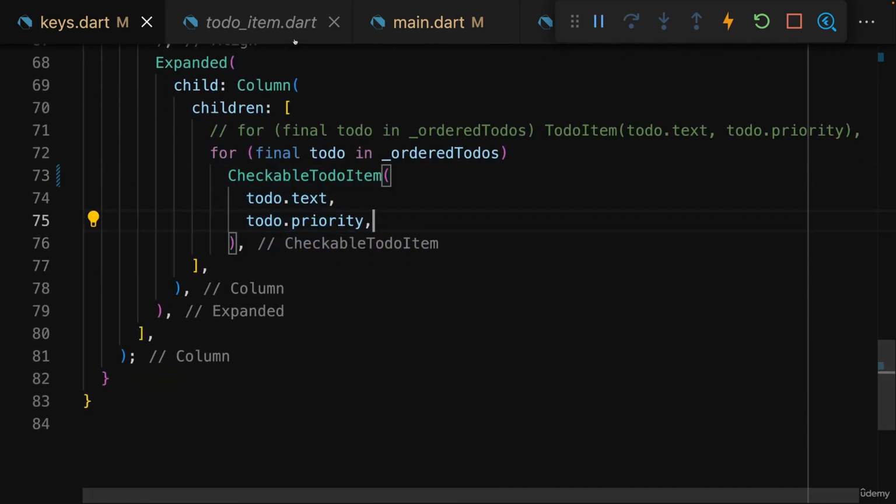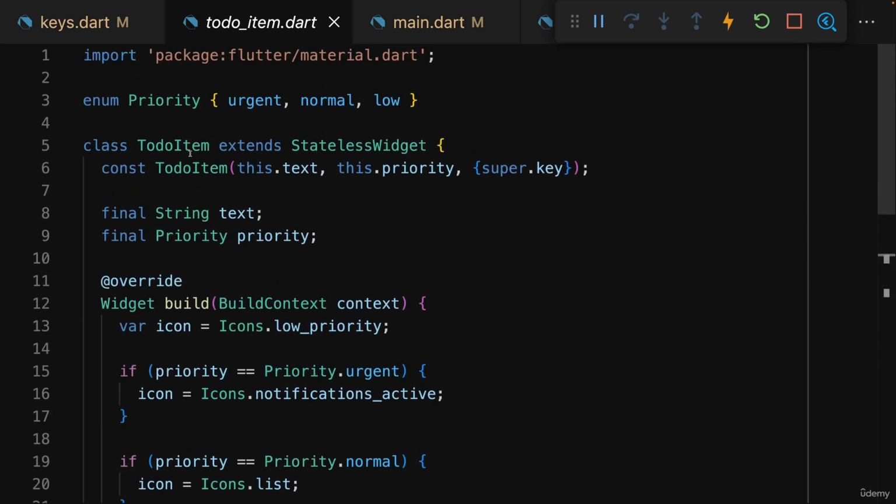And that's also why it's recommended to accept a key in the constructor function on all your own widget classes, because that makes it very easy to set a key if you ever need to do that. Now the key is then forwarded to the parent class so that Flutter can do its thing with it,